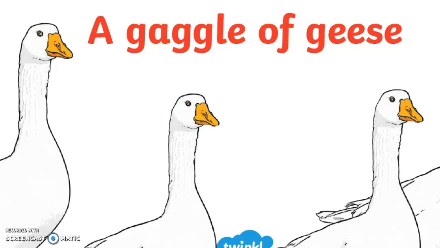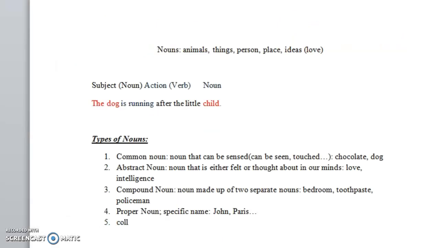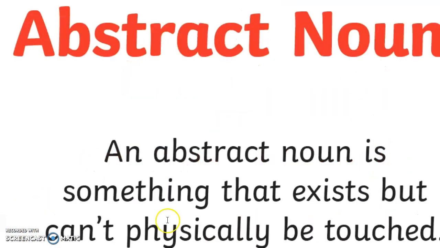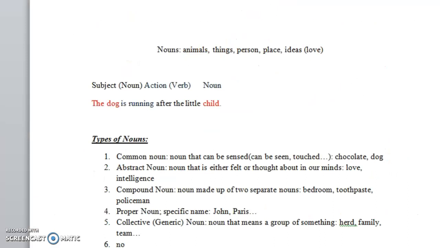So collective noun or generic noun, it's a noun that means a group of something. It can be herds, it can be family, it can be team, for example. Okay? Now, I will add something which is found in some books, not in all the books, which is non-plural nouns